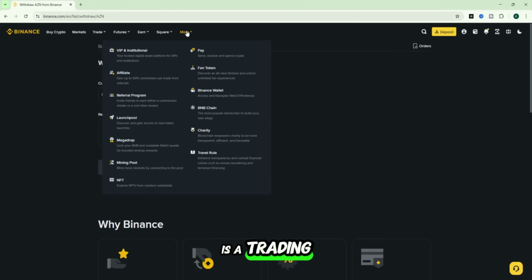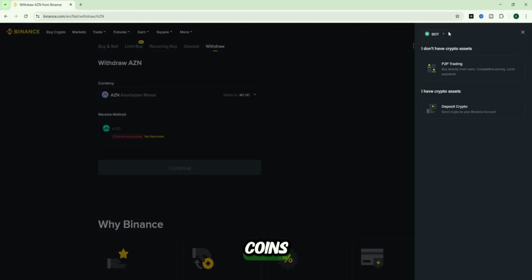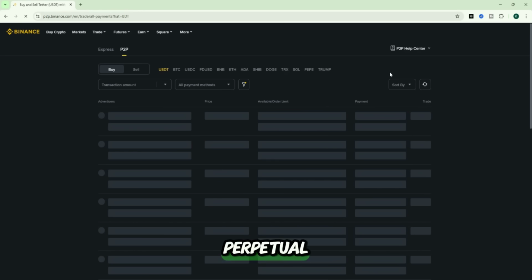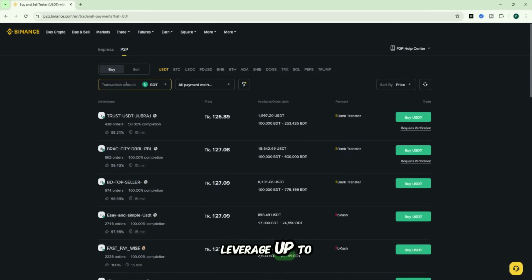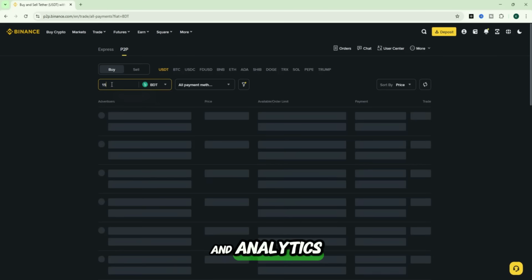Binance Futures is a trading platform provided by Binance, the world's largest cryptocurrency exchange. It allows users to speculate on the price movement of cryptocurrencies using leverage, without actually owning the underlying asset. This is different from spot trading, where you buy and sell actual crypto coins. Binance Futures supports a wide variety of contracts, including perpetual and quarterly futures. Key features of Binance Futures: leverage up to 125x on selected contracts, access to a wide range of trading pairs, advanced trading tools and analytics,